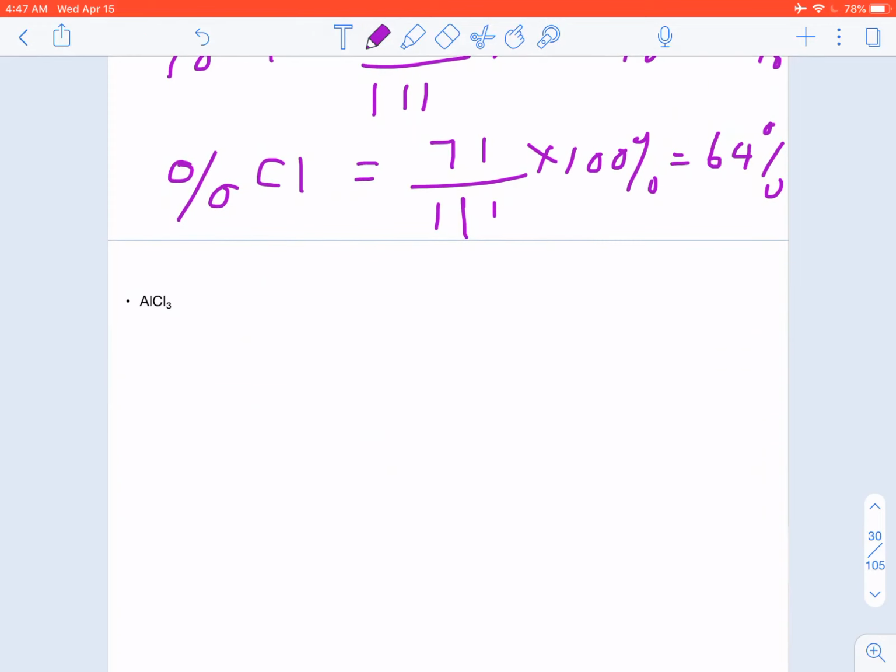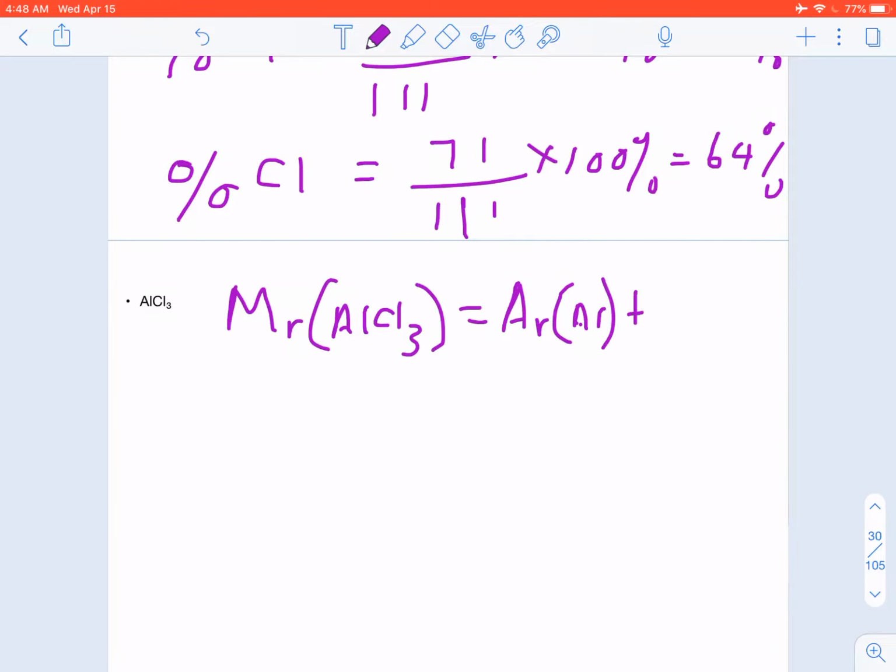Here we have AlCl3, aluminium chloride, and if we look at Mr of aluminium chloride, that is equal to the atomic mass of aluminium plus 3 times the atomic mass of chlorine, which is then equal to,